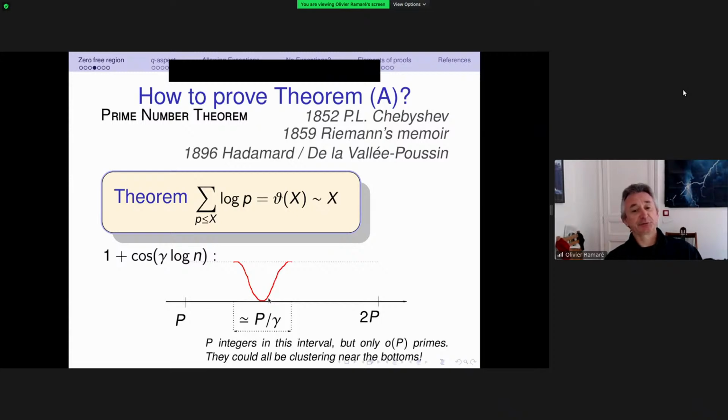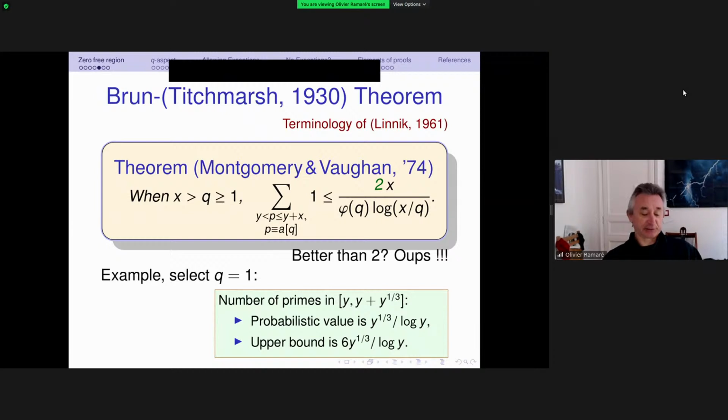To use that, I have to recall the Brun-Titchmarsh inequality, but I'm going too fast. I have to go slower. So the Brun-Titchmarsh inequality has two parameters, and I'll tell you about both of them. You take a prime in an interval, say between y and y plus x, and you further assume that it is congruent to something in an arithmetic progression. And by using the sieve,